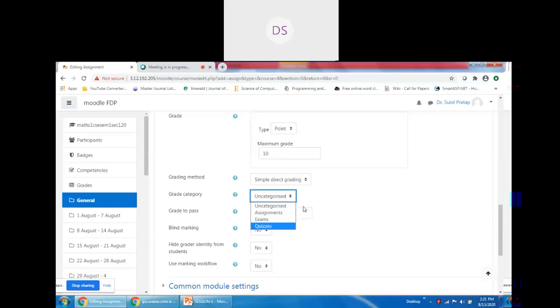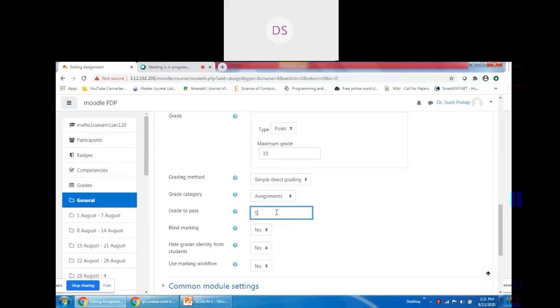Where the marks of this assignment will go in the grade book, we map here. So I am mapping to the assignment category. For this particular assignment, I am setting minimum 5 points to pass.